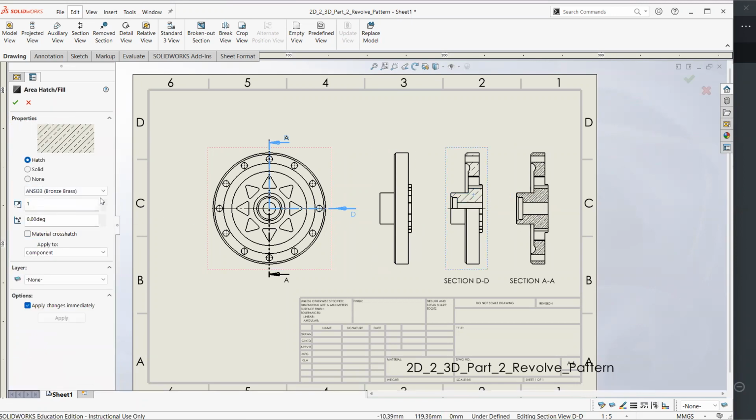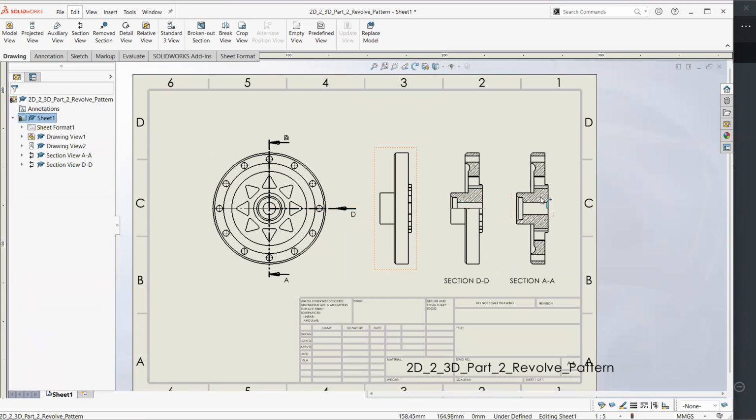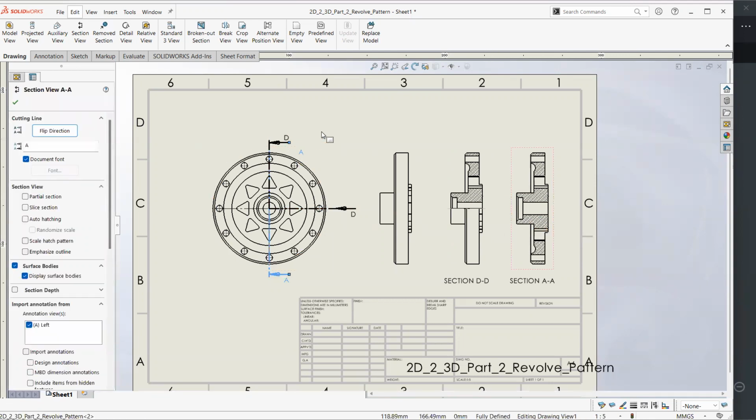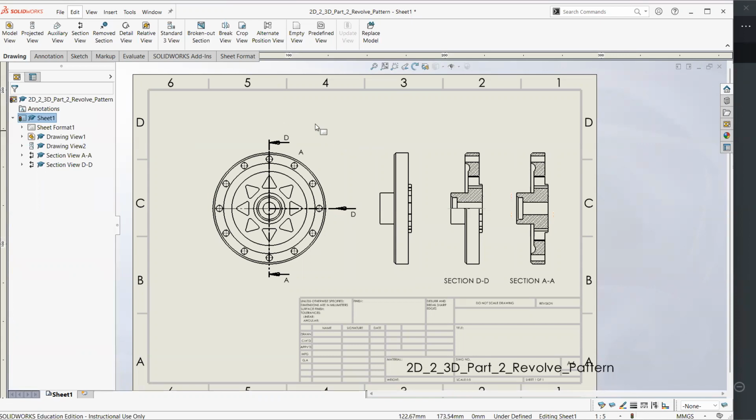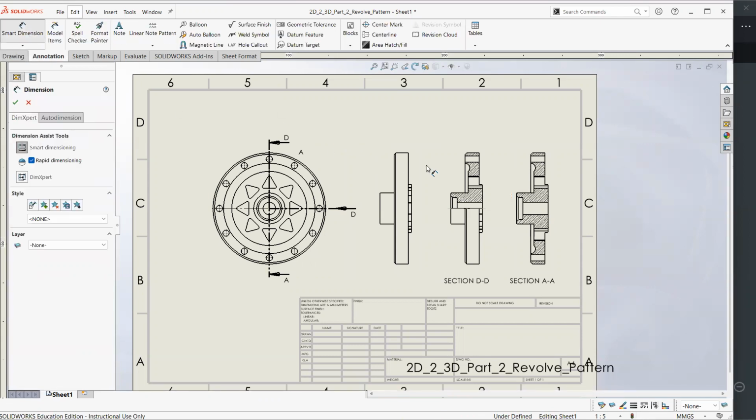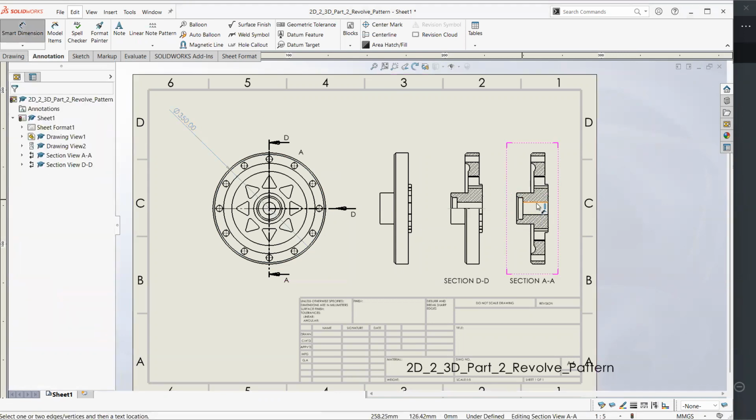If we change this again as we did in the first one, we could use these as the views that we would like to give our dimensions on. And with this, we could now continue our dimensions, giving the dimensions, for example, in here or in one of those views